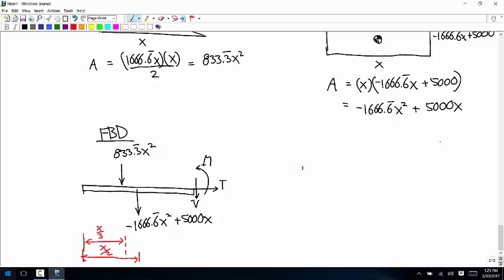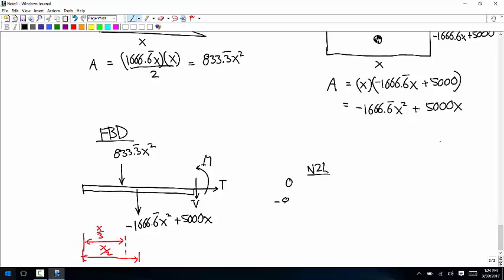So Newton's second law says, so now this is where the signs can get hairy. The way to think of this now is these are both positive values, no matter what x is. But they're both acting downwards. So you can think of it as taking these numbers and multiplying them by a unit vector pointing down. What's the unit vector pointing down? 0, -1. So this is 833x squared times the vector 0, -1,